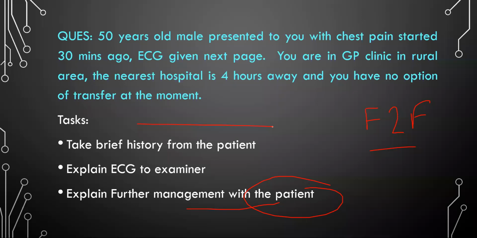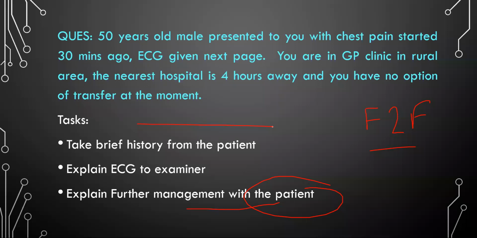So, dear examiner, I would like to know if my patient is vitally stable for further history. Examiner says, please proceed. Please stick to your task. You say in return, dear examiner, as I have seen in the ECG, my patient is having a ST elevation in the chest leads, most likely a ST elevated AMI. I would like to take my patient to the resuscitation cubicle, call my nurse, attach this patient to the ECG monitor, ask my nurse to do an ECG immediately.